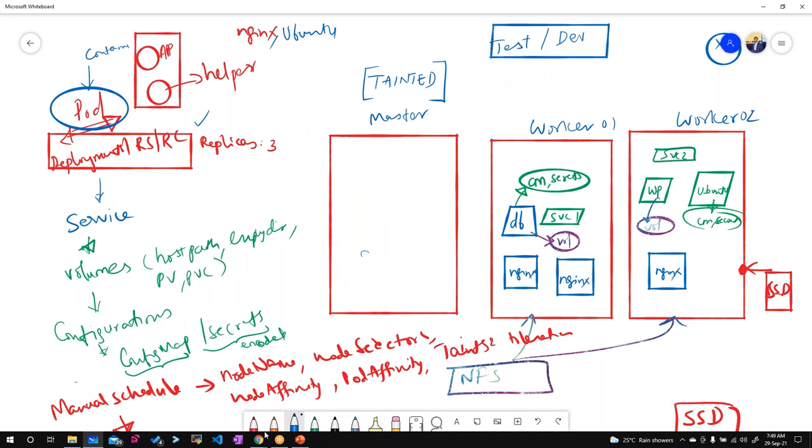Both of them are using the same cluster. Imagine a scenario where I have Nginx as the pod deployed by both the test team and the dev team. So I have Nginx and Nginx both running inside the cluster.